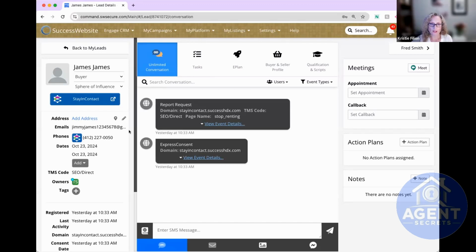So once you are confident that you've updated this lead, you could even add notes if you want to add more context, right? If you want to add maybe the scenario of how you know this person, where you met them, things like that, you can definitely include that in your notes. But as far as being able to create segments, having the status updated is really, really important.